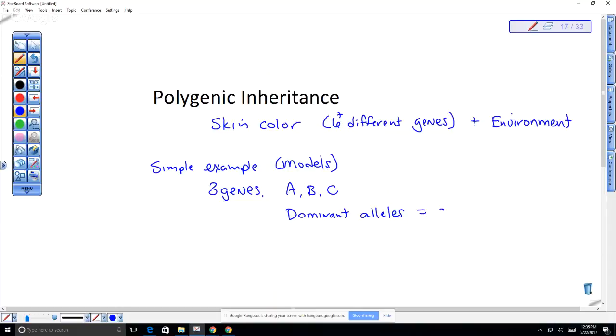right? They code for melanin. The recessive alleles do not code for melanin. Okay, so they do not code for melanin. So this is just a simplified model, just to demonstrate some of the properties of polygenic inheritance. Okay, so for example,